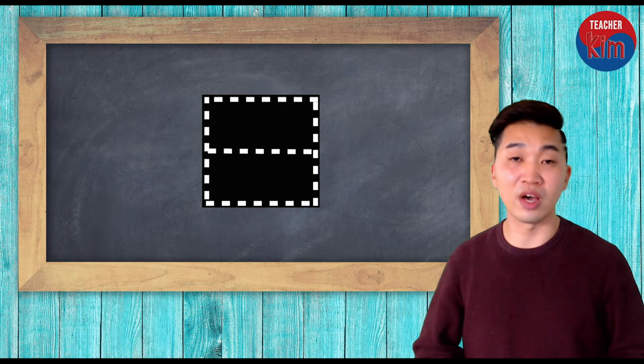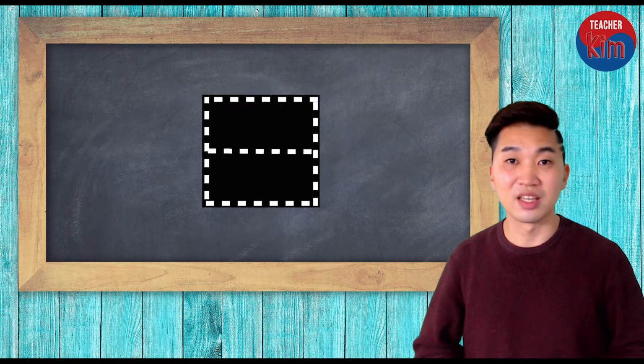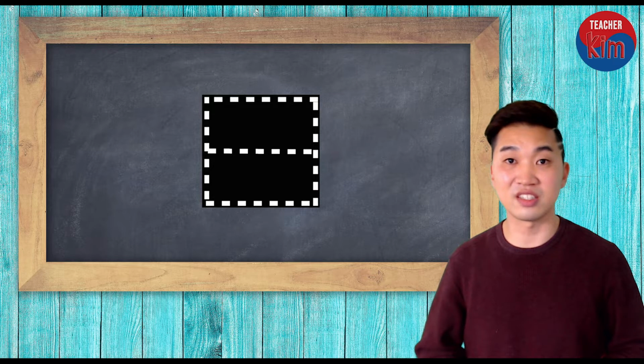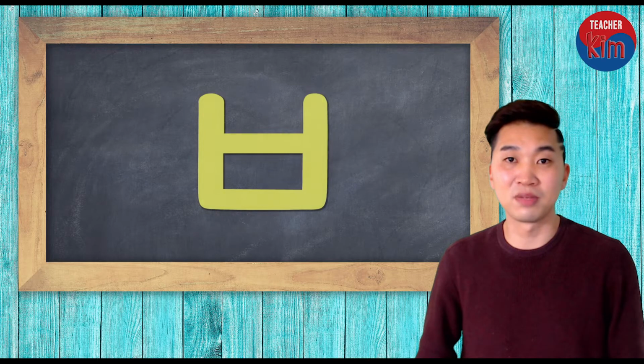In the previous video, I used dotted squares for explaining 4 consonants. Now I put one more horizontal line in the middle. I guess it is much easier for you to understand the next 2 consonants. The first consonant is this. This consonant looks like drawing along all the dotted lines except for the line at the top, and it sounds like